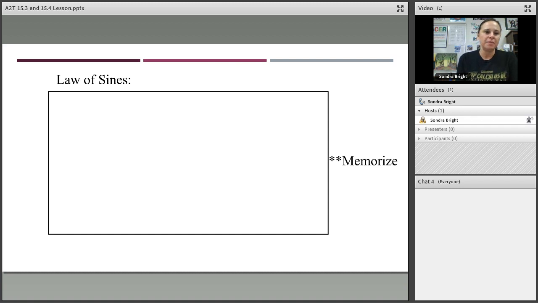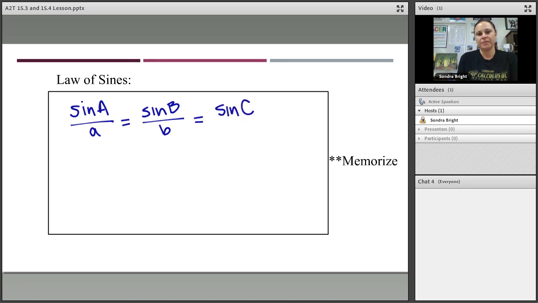There's 2 ways to write it, but you set them up as ratios. So we've got sine of angle A over side A is going to be equal to sine of angle B over side B, which will also be equal to sine of angle C over side C. You'll only be using 2 of these at a time. If you were given angle A and angle B and maybe side B, you'll only be using 2 of them at a time. You're never going to set up all 3 of these fractions equal to each other, but